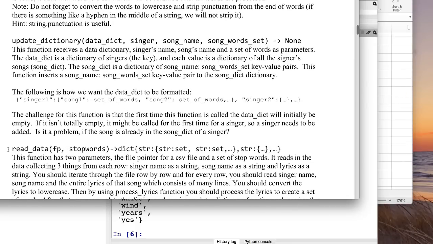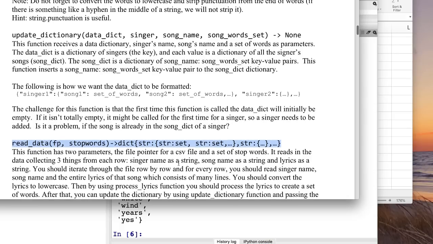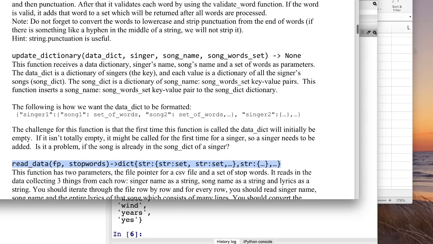And we're going to have this read data function, and what it does is it calls the update dictionary function, and here's where a lot of the good stuff gets done, where we're going to pass in this dictionary,